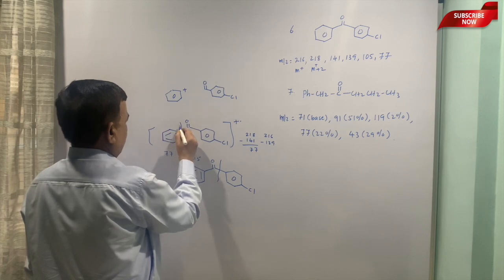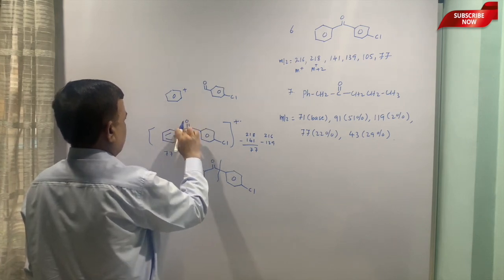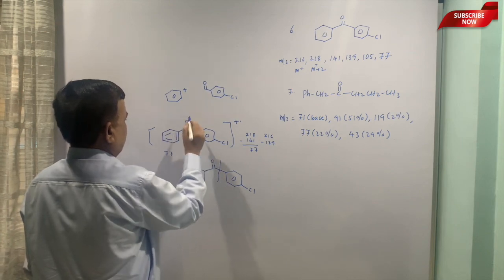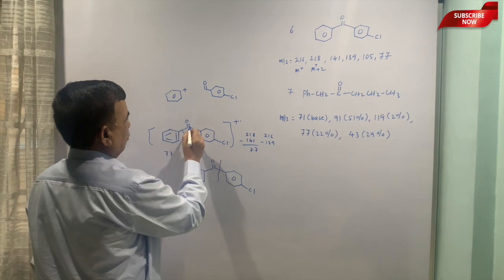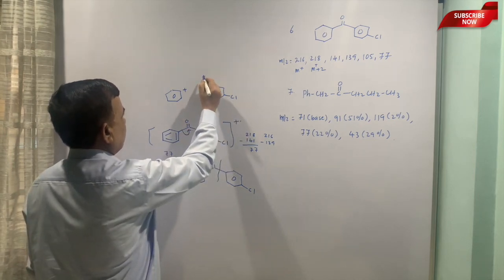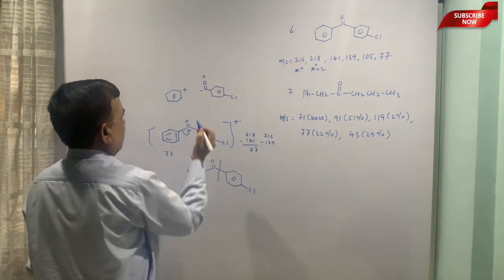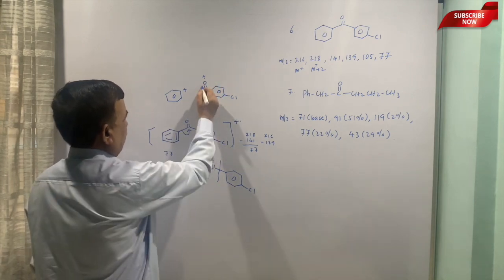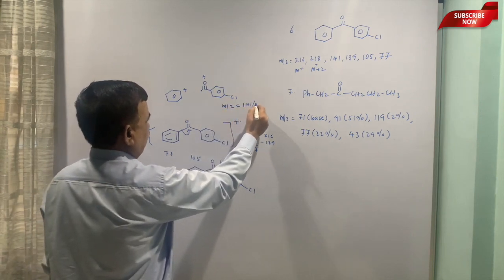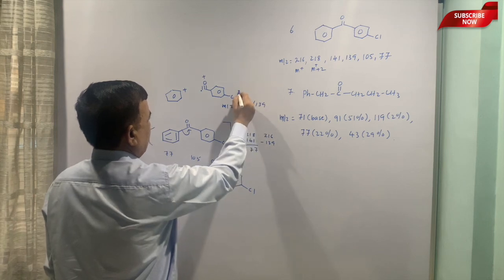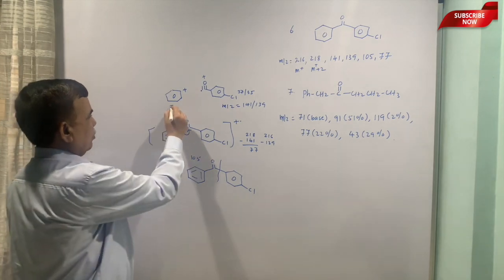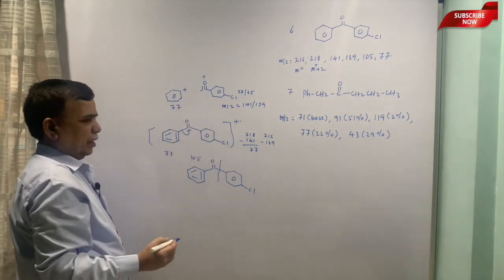heterolytic cleavage. So both the electrons are given here. So let me show it this way, like both the electrons are given here. So 2 electrons would be here. So one will fuse with this and the second will be left here, and there will be 3 bonds. So this is going to be M by Z is equal to 141 or 139, depending upon whether it is 37 or 35. This has to be 77 without any problem.